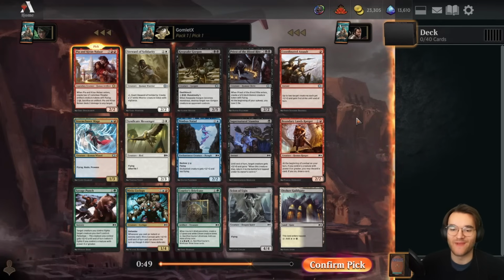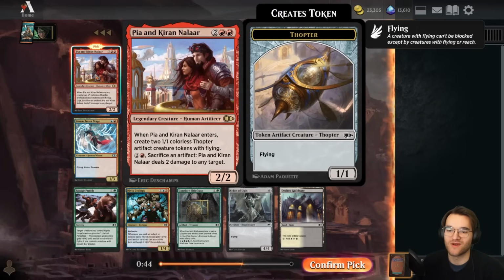Hey everybody, it's GauntletX, and welcome back to some more Magic Arena, and today we are going to start off this Pack 1 Pick 1 in this Pioneer Masters Premier Draft with one of the best rares in the format,